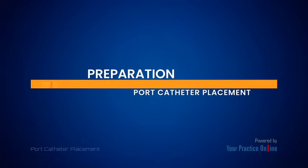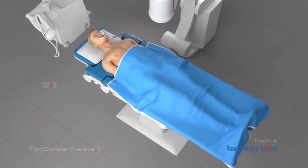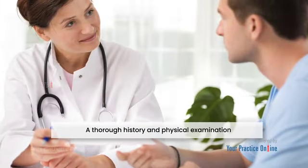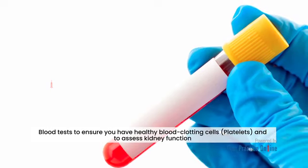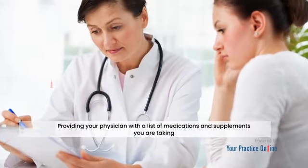Preparation. Preparation for a port catheter placement may involve the following steps: a thorough history and physical examination, blood tests to ensure you have healthy blood clotting cells, platelets, and to assess kidney function, providing your physician with a list of